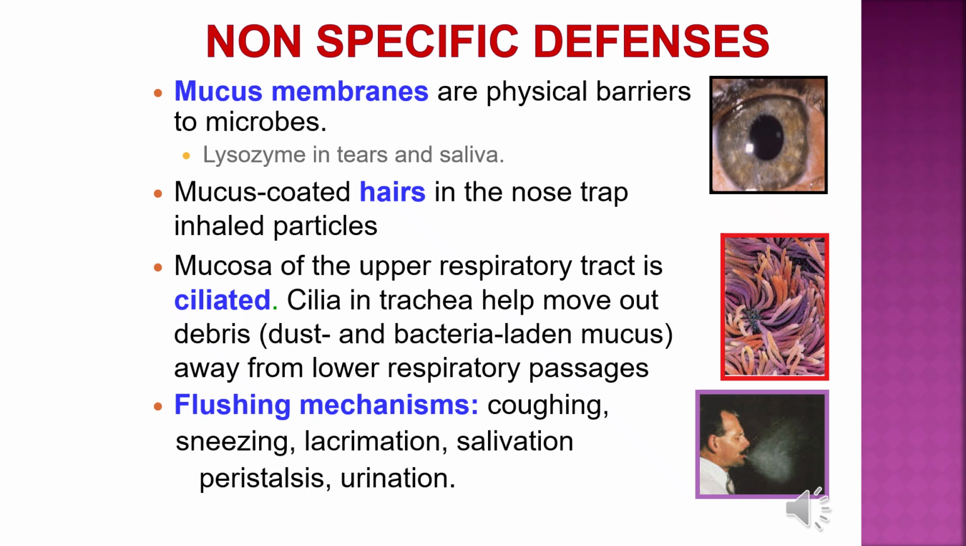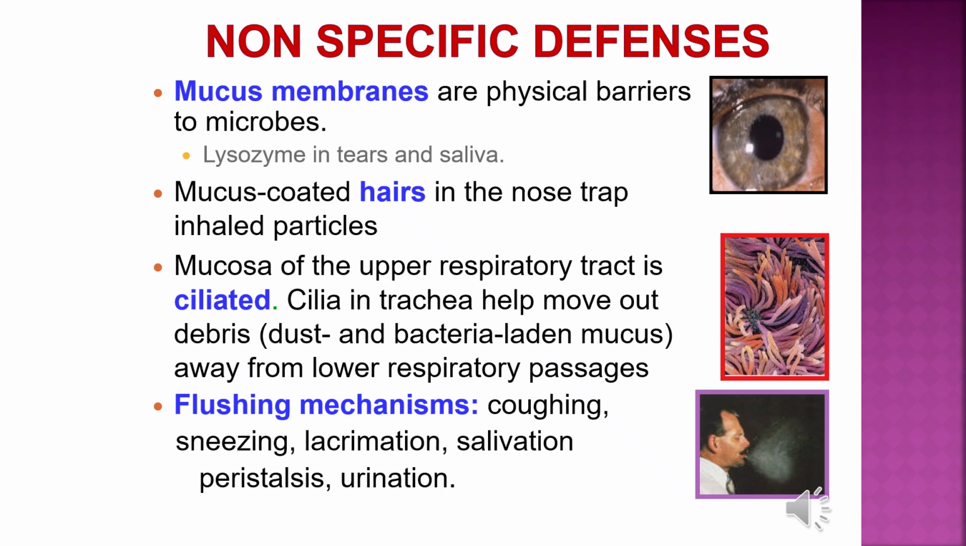So here you can see examples of non-specific defenses. Mucous membranes are physical barriers to microbes. Lysozymes are present in tears and saliva. Mucus-coated hairs in the nose trap inhaled particles. The mucosa of the upper respiratory tract is ciliated, and the cilia in the trachea help move bacteria away from the lower respiratory passage. Flushing mechanisms like coughing, sneezing, lacrimation, salivation, peristalsis, and urination all help to flush out